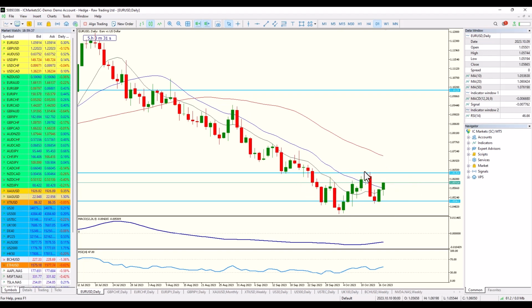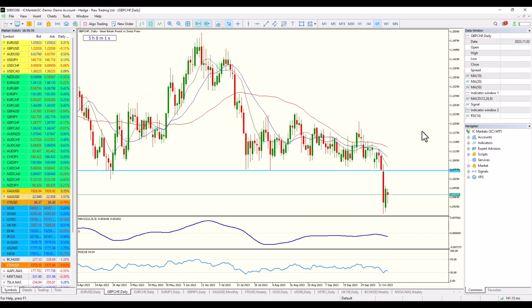There is the potential, especially if we break through this 1.06 and up to 1.0635, if we break and close above that, we're likely to see a bigger correction that will see us heading in towards 1.07. So what does that mean? It means that essentially we would see possibly a weaker US dollar across the board, not just with currencies, but with commodities. Just wanted to highlight a couple of currency pairs that I find interesting.